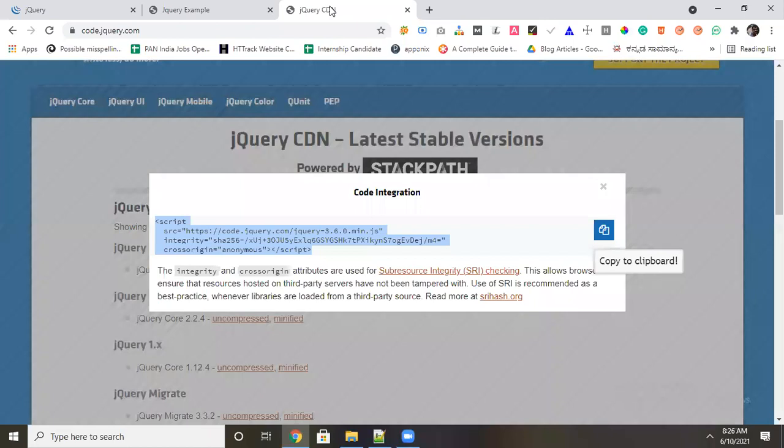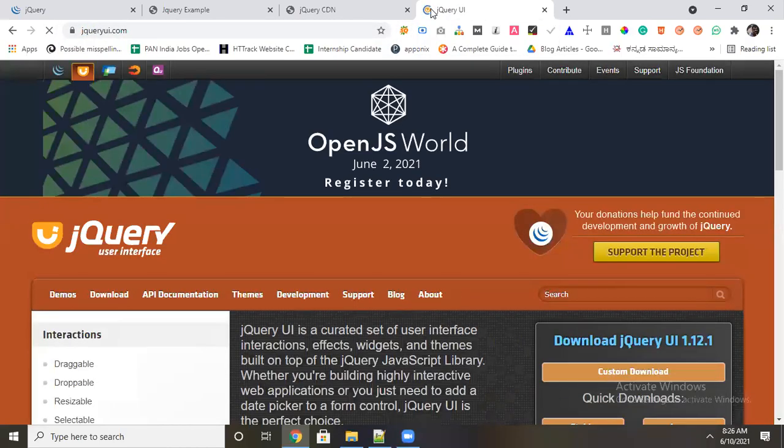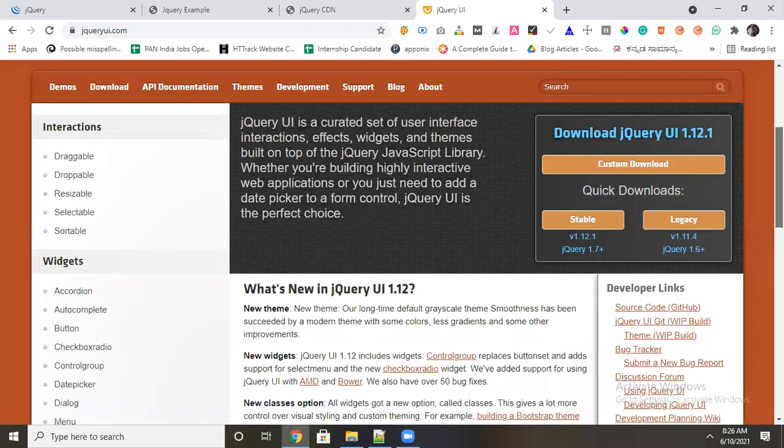Let's say now I will come to one more example, for jQuery UI. Okay, what is the difference between jQuery and jQuery UI? They have just made user components here. In jQuery only you get functions. Here you get inbuilt components. Let's say for example, I will take one of them, the date picker.